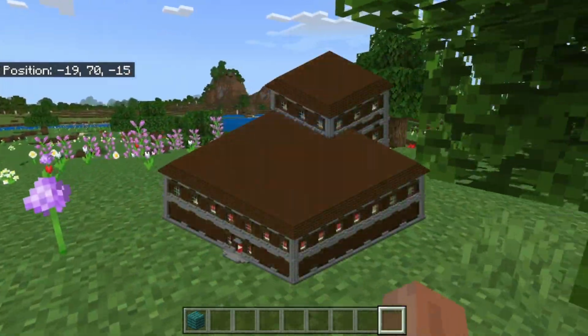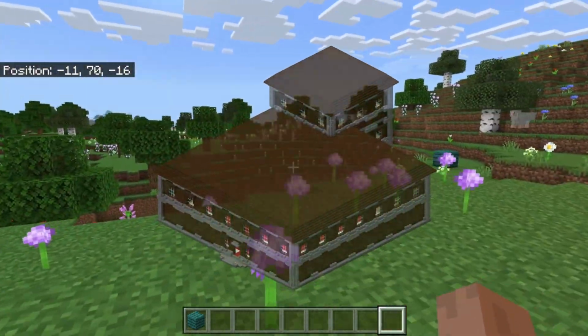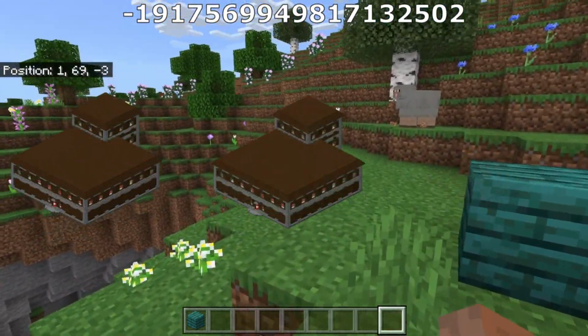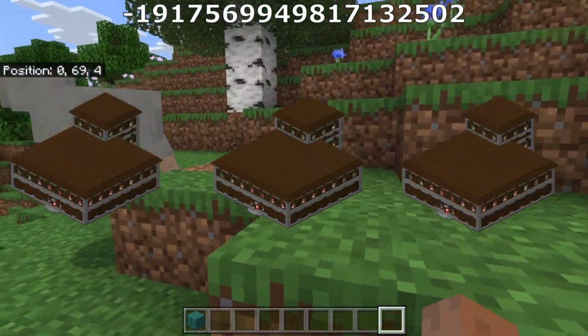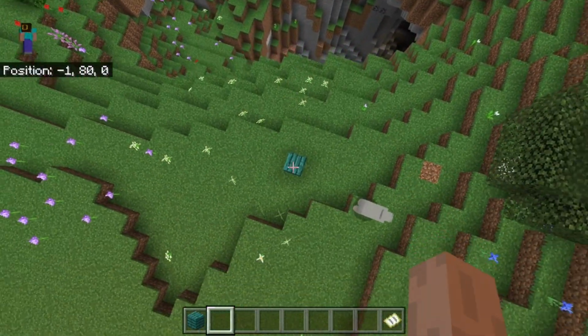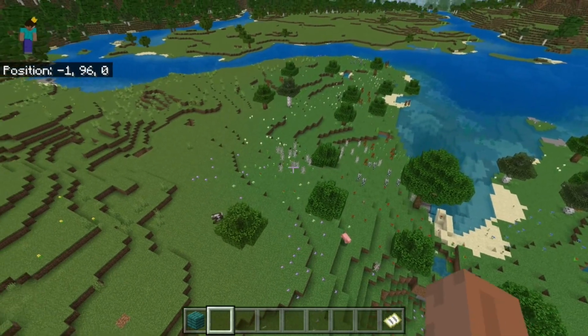The Woodland Mansion is one of the rarest structures to find inside of Minecraft, and today's seed has not one, not two, but 3 separate woodland mansions, all within about 1,000 blocks from where you spawn in. And speaking of spawn, this is where I actually spawn in inside of a beautiful looking flower forest right here,